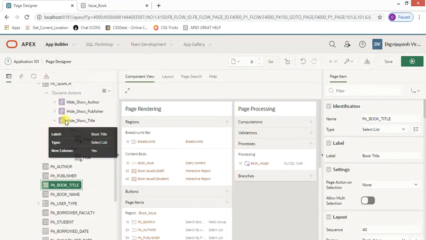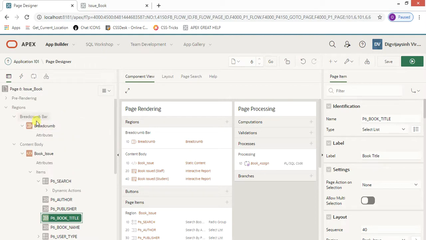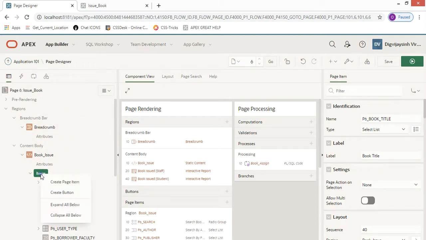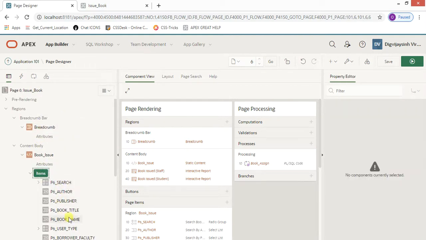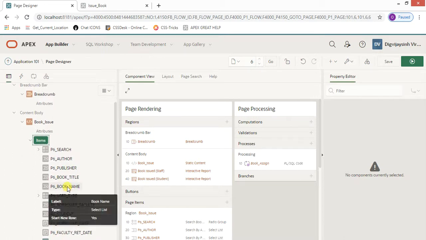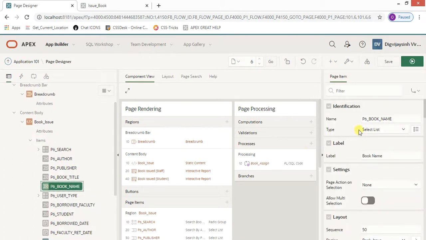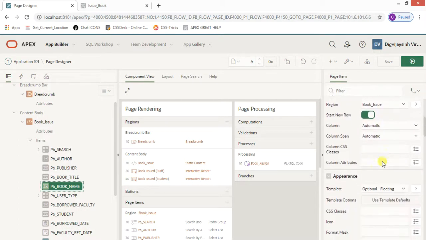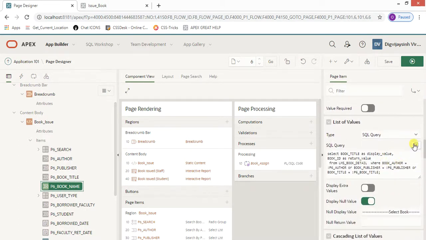So you need to create one more item. So go to item and add one page item. It will be added at the bottom. So now the book name. So this is a select list. Okay, but I want to execute a query. Okay, so the query would be